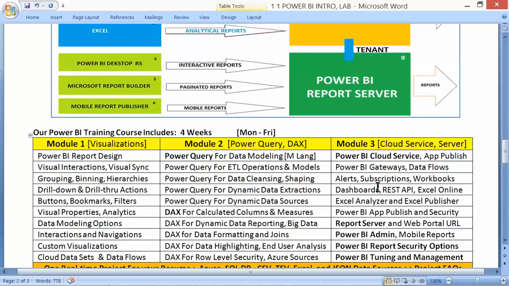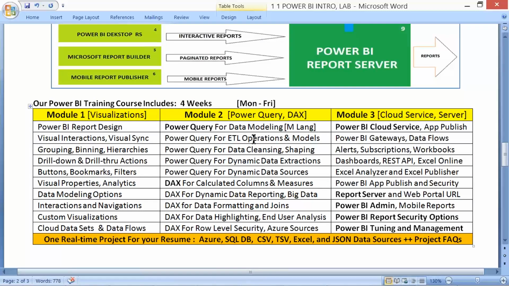So our entire journey, the Power BI training journey, is divided into 3 different modules, lasting for about 3 to 3.5 weeks. Then project work would be 4 weeks total. So you will have the option to start the project work along with the course or after the entire course. It is up to you.